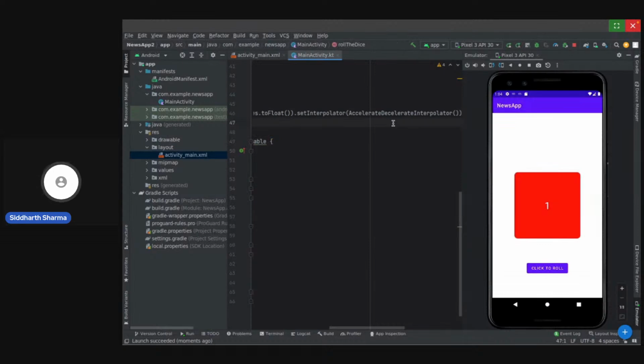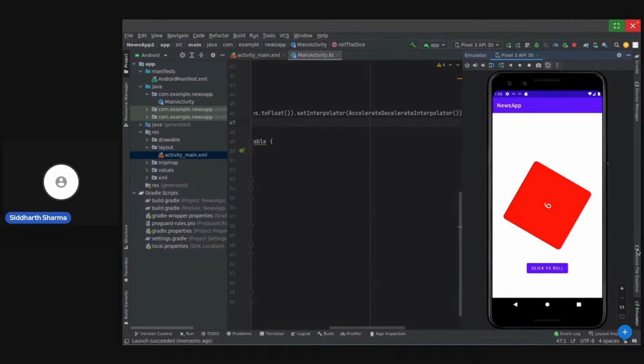Yeah, so maybe you'll see an accelerating effect in the first half, and then the die will decelerate. Okay, so the random number was one. Yeah, so we are done with this.